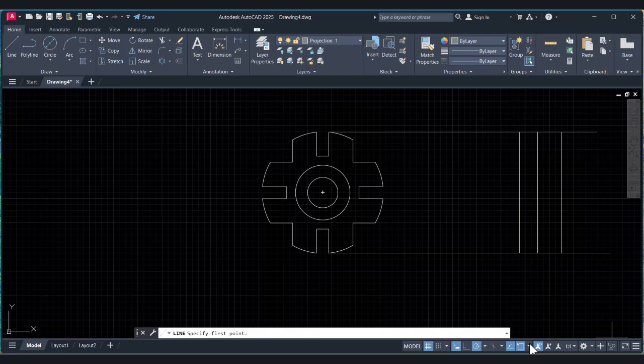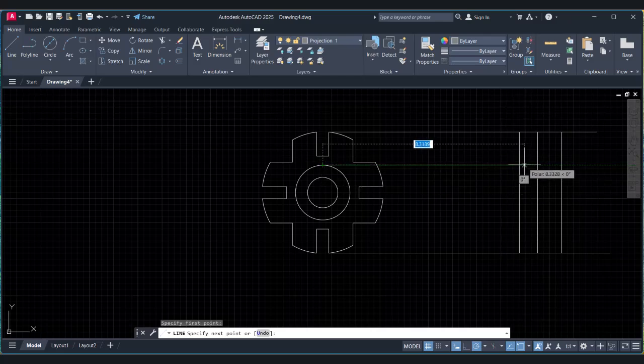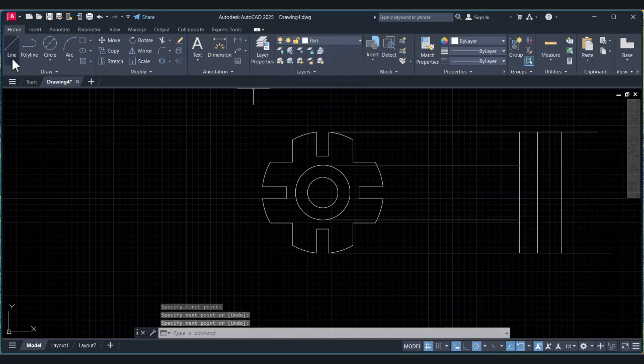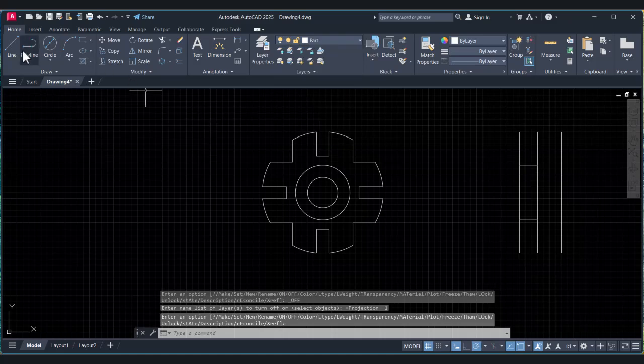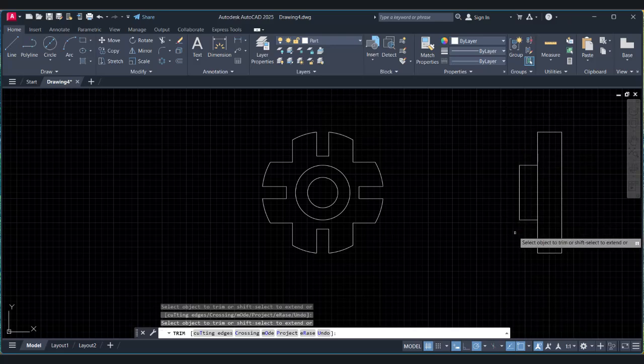Make sure this center is deactivated and quadrant is activated. So like that, a projection line till this point and a projection line till this point. Make sure you are in the part layer now, and use the line tool till this point, and again repeat a line from this to this point. This projection one I am going to hide, and draw a line like that, and again a line from this point to this point, and trim. This portion we don't need, so like that we just draw it.